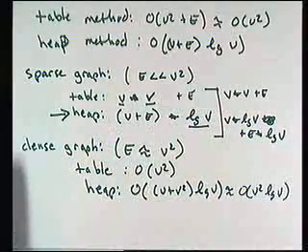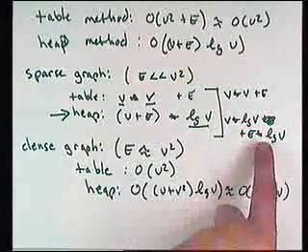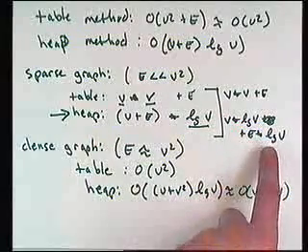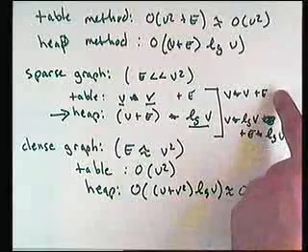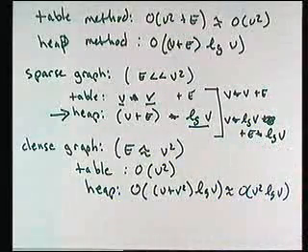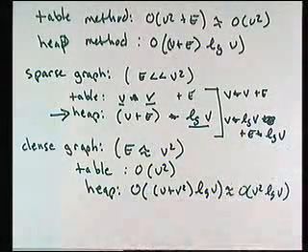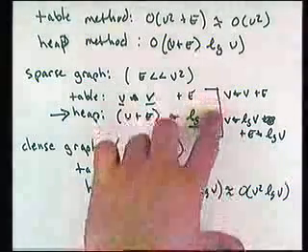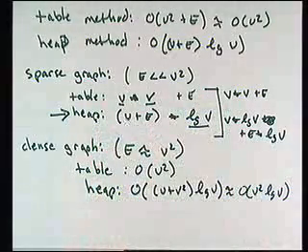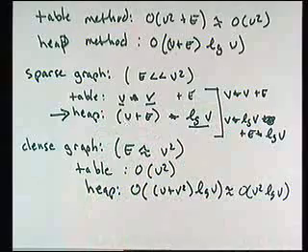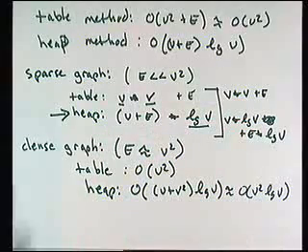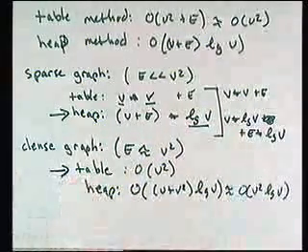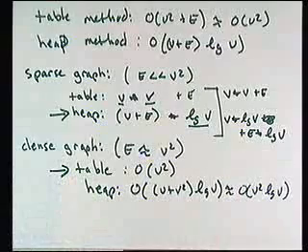As we add edges to the graph, eventually this e times log v term gets larger and larger in comparison to the e times 1 term, that it eventually overtakes any improvement we got by going from v times v to v times log v. So for a sparse graph, the heap implementation is better. For a dense graph, the table implementation is better. And we could, of course, have said,